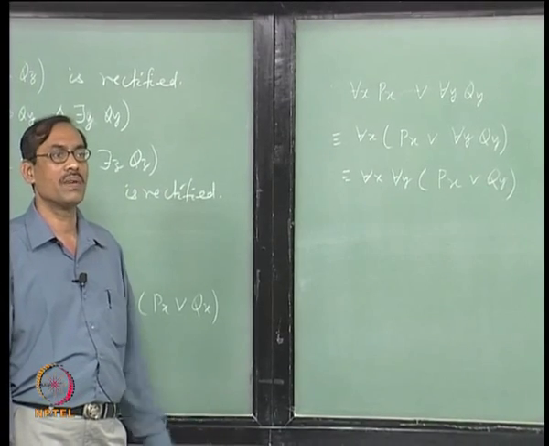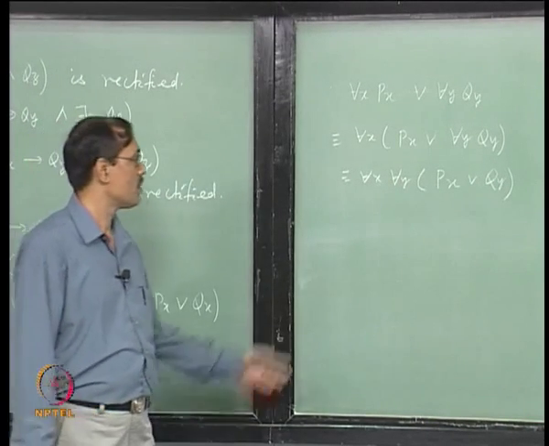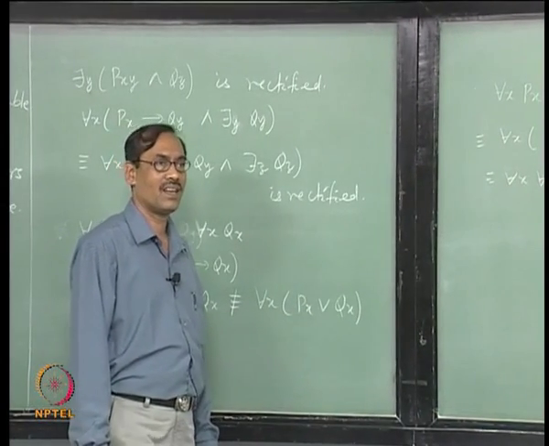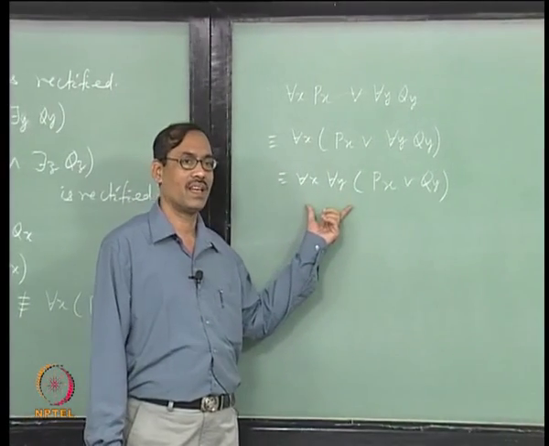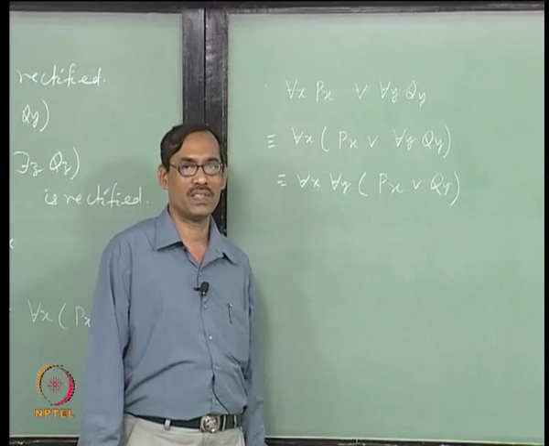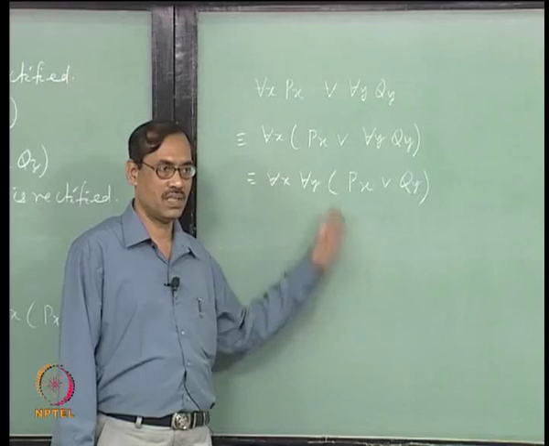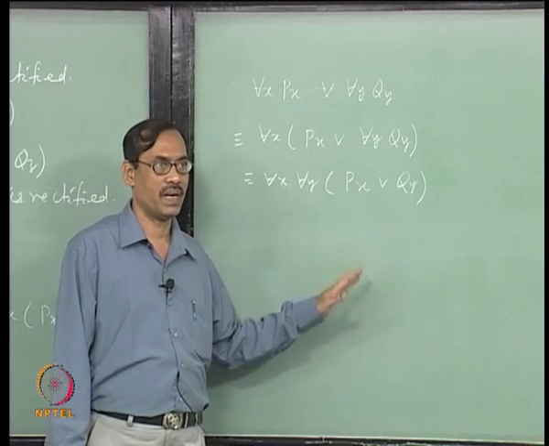Now, you can bring the quantifiers to the beginning, but you can never bring it to the form for each x, p x or q x. That is fine, but the quantifiers can be brought to the beginning, maybe with many more quantifiers and so on, right. They will become equivalent now. So, this is the thing we want to happen now.